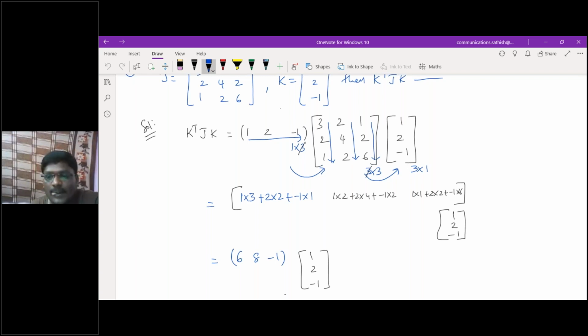Sir, minus 1 into 1, minus 1 into 2. Sir, is there any problem? What, ma? Is there any mistake again? Sir, we do wrong in multiplication. So here minus 1 into 1 plus minus 1 into 2 plus minus 1 into 6, sir. Here we add, we did not mention minus, sir.